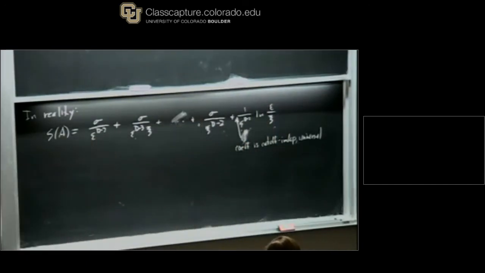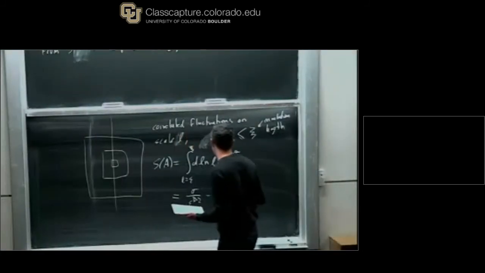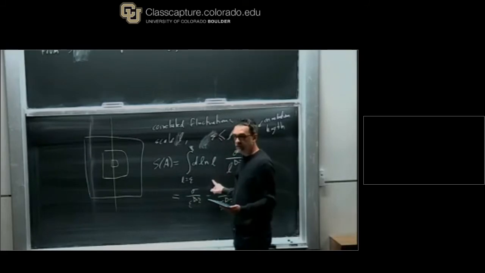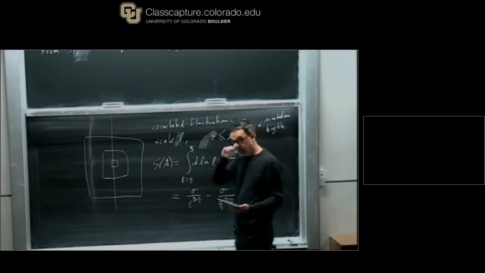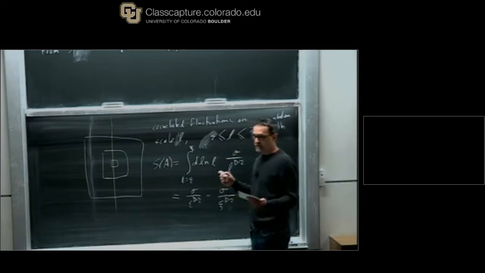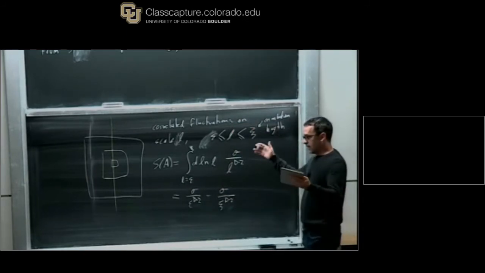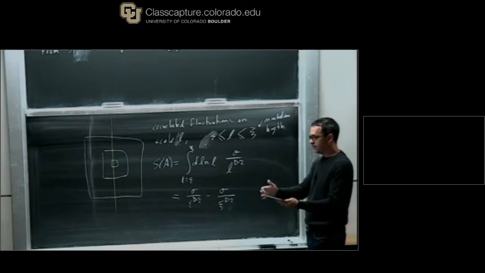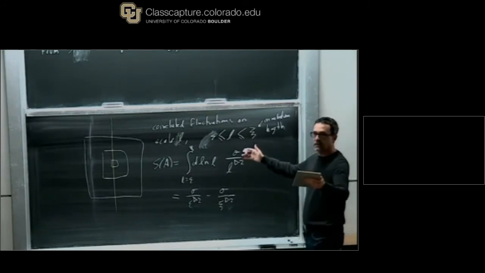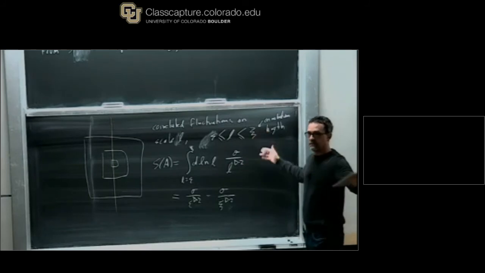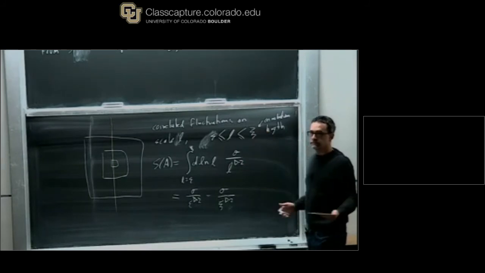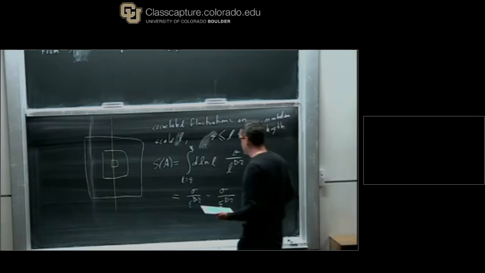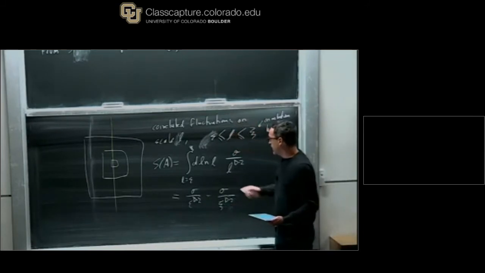Well, one way to say it is by dimensional analysis: I need another 1 over L because the entropy is dimensionless. Another way to say it is you would expect some kind of contribution, so you have blocks of spin of size 2, then 4, then 8, and each of these you would expect to give some equal contribution. But another way to say it, if you don't trust me, is I'm certainly allowed to